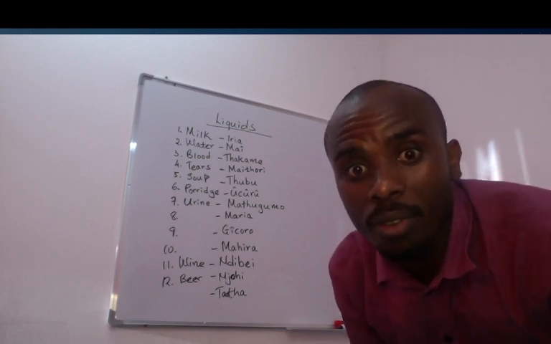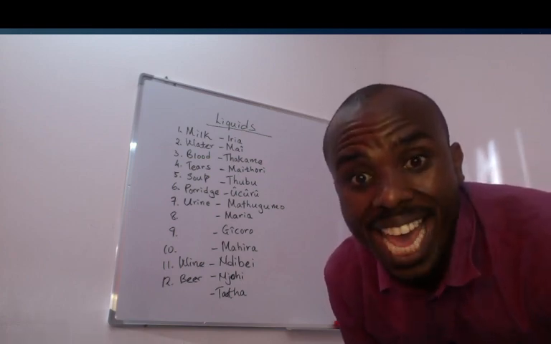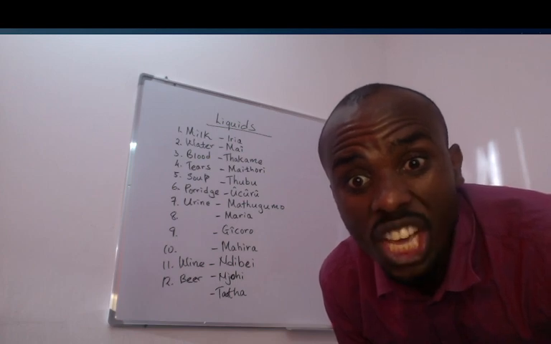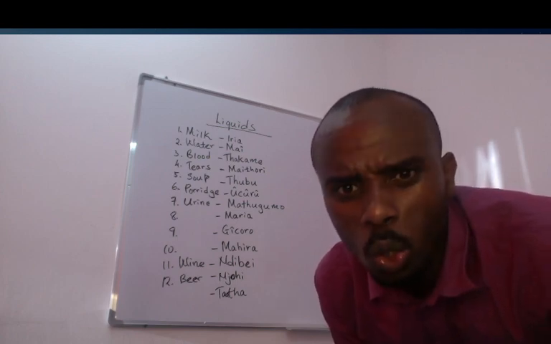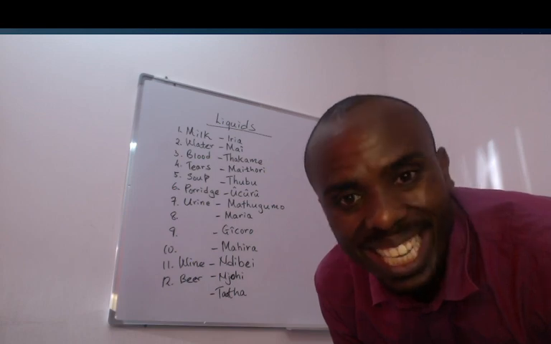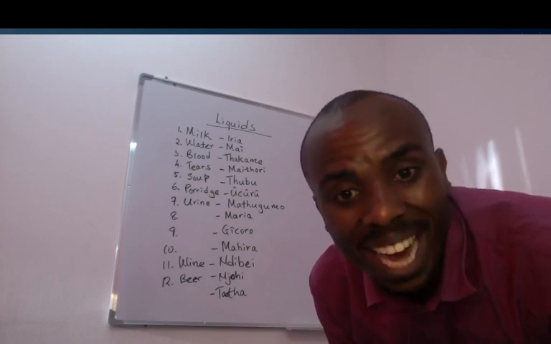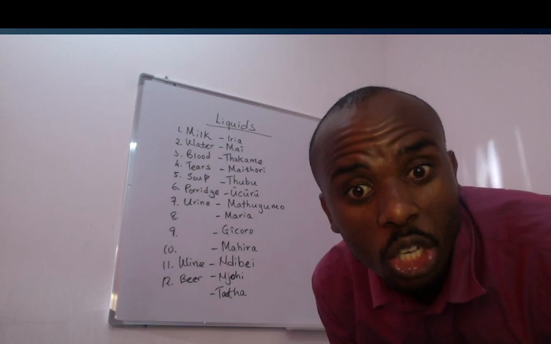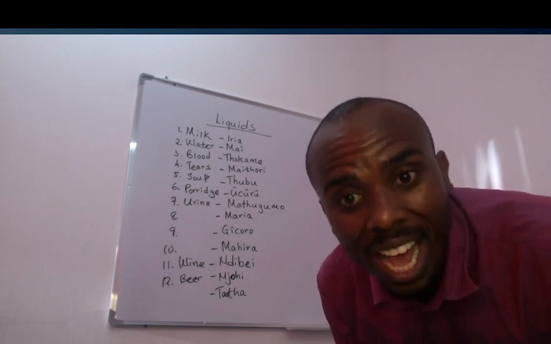Okay, today we have learned Iria, Mae, Thakame, Maithori, Thufu, Ucuru, Mabugumo, Maria, Gishoro, Mahira, Ndibei, Njohi, and the last one,